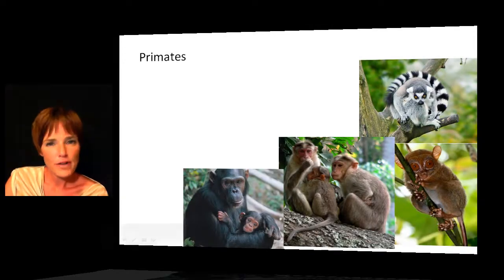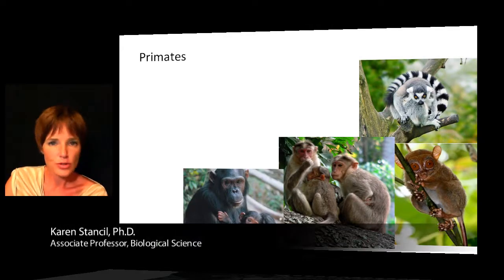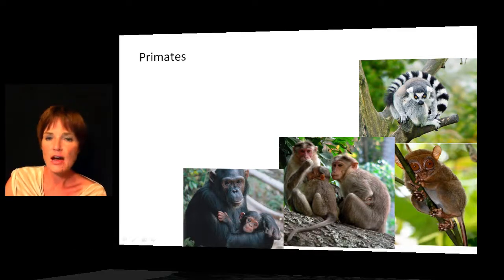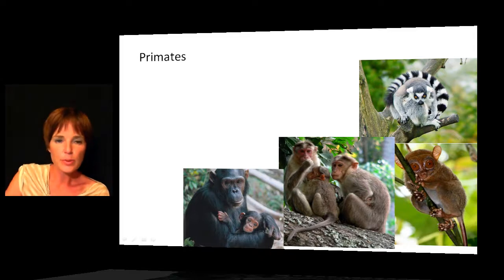The primate order of animals is the one that is going to include human beings. There's other animals that are included in this as well, and we can see a number of them on this slide. We have the lemurs, the tarsiers, and then you have what's typically called monkeys, and then we have the apes. If we mention some of the derived characteristics that we find in this group, first off, these have hands